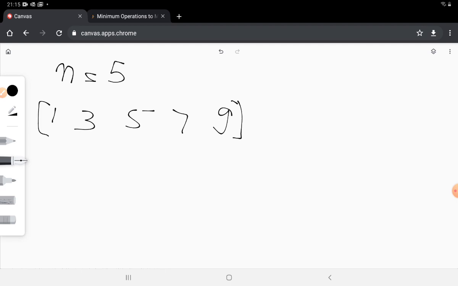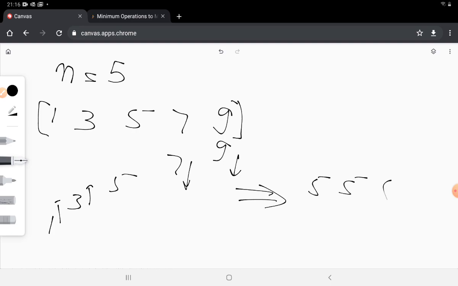So if I write down this array in this form, let's say 1, 3, 5, 7, 9. I would want to pull down these 7 and 9 and pull up these 1 and 3, so that ultimately everything becomes equal to 5. This would be an ideal way of achieving this, right?